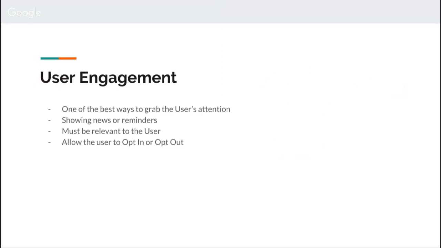They have to be relevant to the user interest. And we don't want to send everything to everyone. So one of the changes that was made in the latest version, Android O, is that they split notifications into channels, and the user can select if they want to receive or not notifications of a certain topic. We have to let the users be aware they can stop receiving notifications, or if they want to start receiving them, right? Like, I'm sure you guys use YouTube, and in YouTube you can select if you want to receive notifications